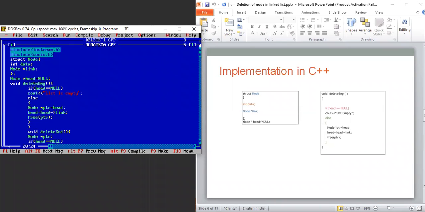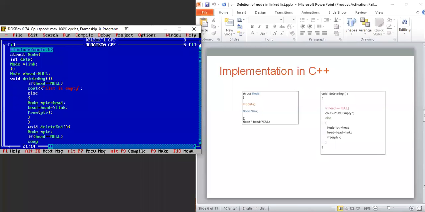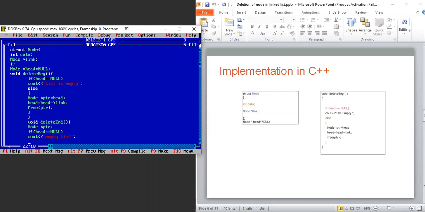Okay, so we can write like this, cout empty list. Otherwise, there is also another case that we need to check: if the list has only one node, that one node will also be referred to as the last node for that particular linked list.